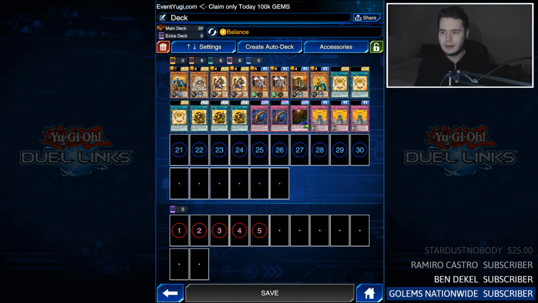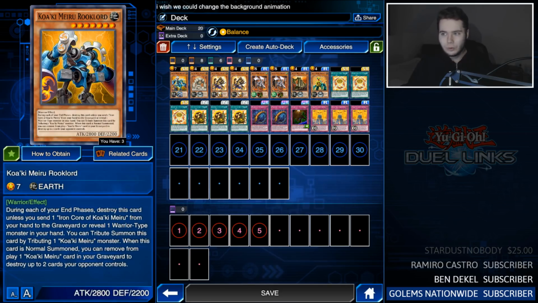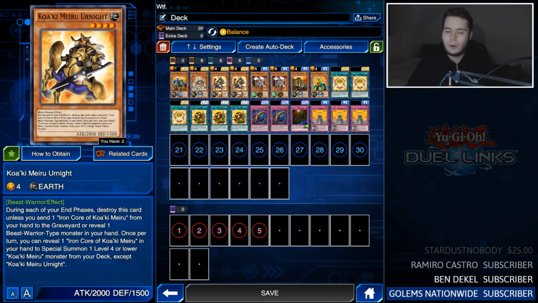I went through and spent maybe a bit too much on the newest box and managed to get pretty much everything from there for Koa'ki Meiru, as you can see by the fact we do have the 3 Diamond Cores of Koa'ki Meiru. In this we also have the Rook Lord, but I was missing out on this guy, Koa'ki Meiru Urnite, and I had one of them, and then I thought, you know what, let's go in with some gems, let's try and pull this, and I didn't get it, so I put some of the wallet down, and I managed to pull one more, which is why this build is so kind of all over the place,